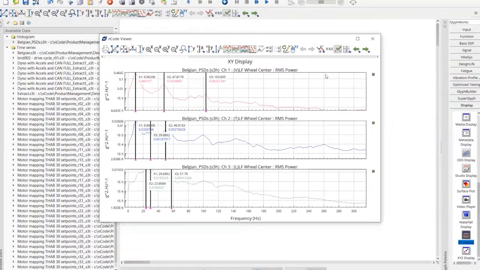And again, you can save this as a config file so that next time you look at a spectrum, you will see those cursors automatically on your graphs. I think that's it